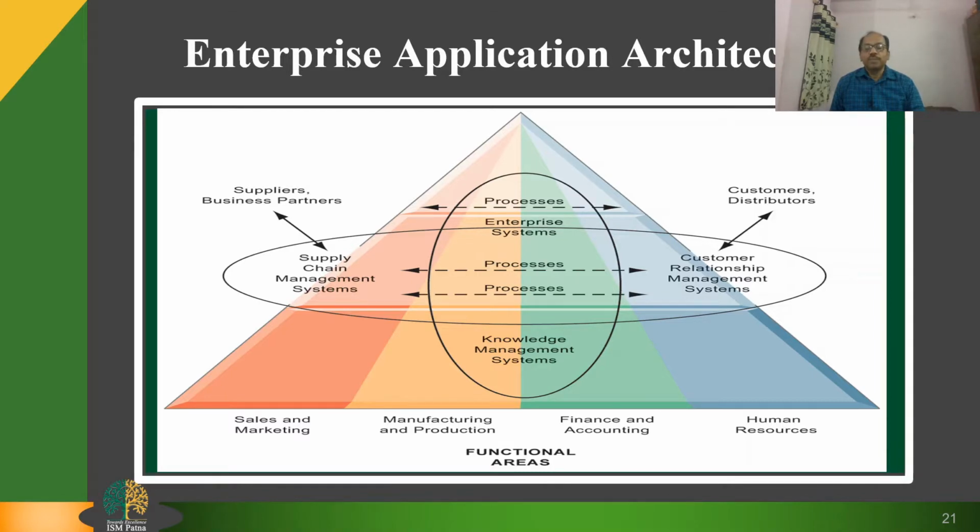The oval shows that an enterprise application architecture incorporates systems used in sales and marketing, enabling these to communicate with each other and externally with suppliers and customers. It also incorporates information supplied by knowledge management systems, manufacturing and finance systems, and other enterprise systems. The purpose of incorporating data and information from all of these sources is to enable and automate cross-functional business processes and supply accurate information to aid decision making.